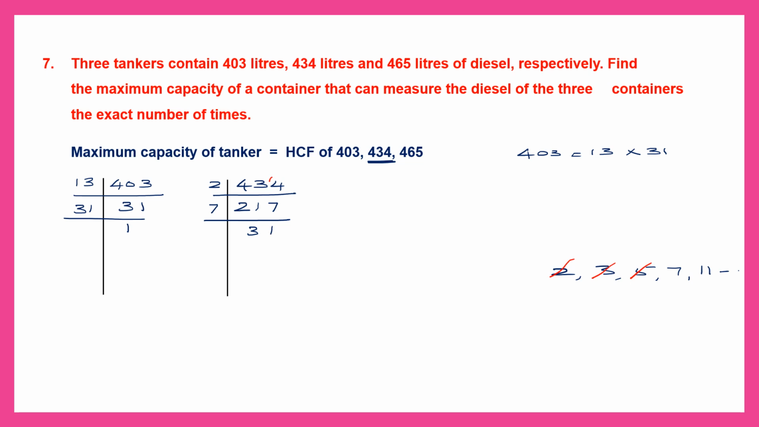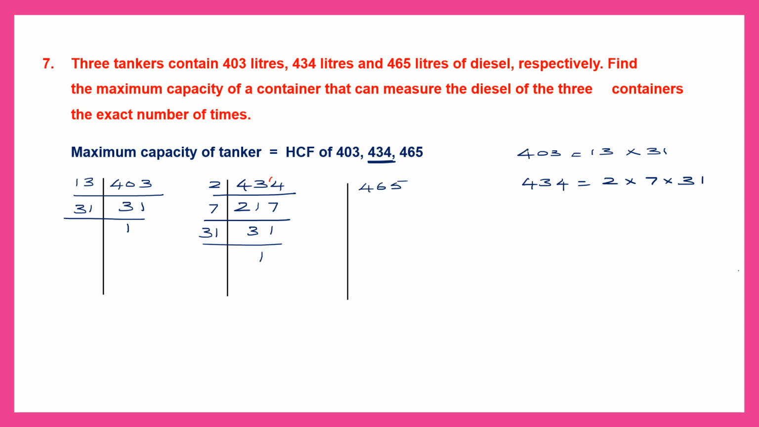So again, you can see we've got 31, which is a prime number. So we'll divide it by 31 itself. 31 ones are 31. So now we can write out the prime factors of 434. What are they? 2 into 7 into 31. Now let's go to the next one. That is prime factors of